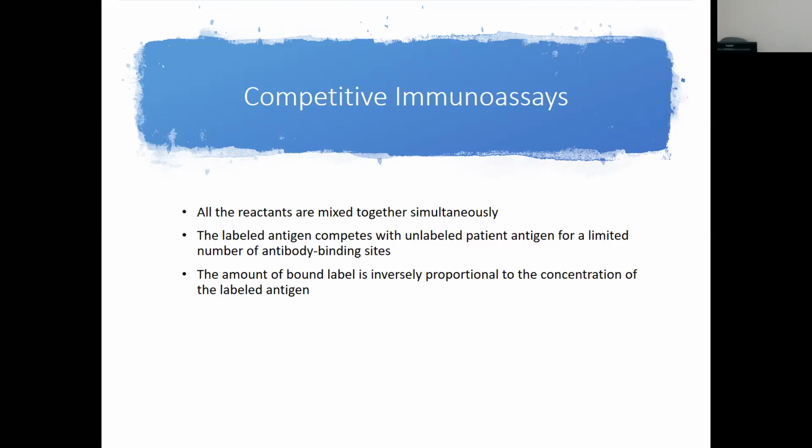Okay, but that's the first idea, is that we put this in and we can do a competitive test where they're competing for the binding sites of an antibody. We know if it's IgM, it's got how many? 10. If it's an IgG, it's got 2.